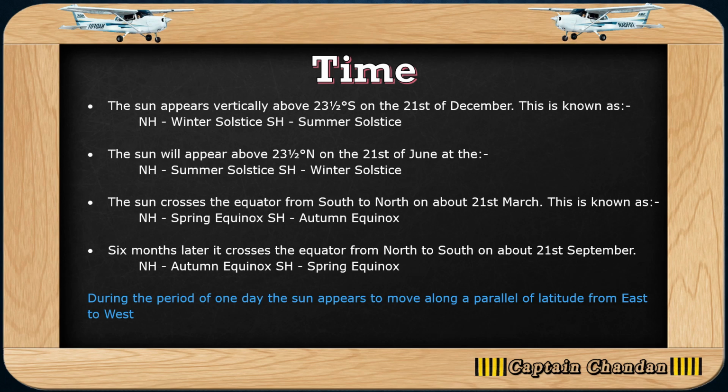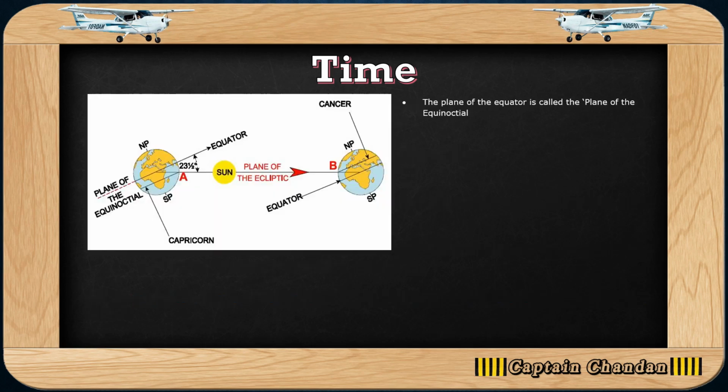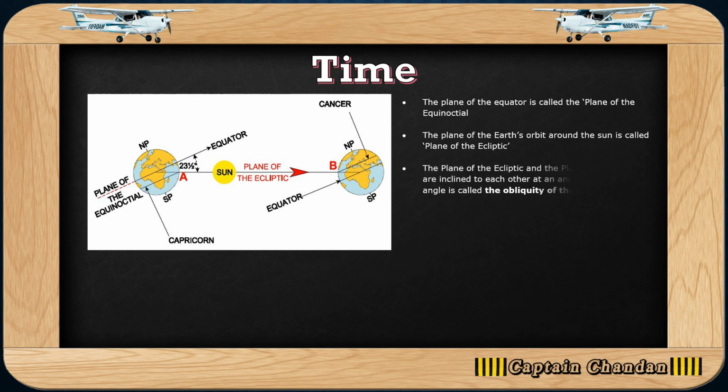During the period of one day, the sun appears to move along the parallel of latitude from east to west. These are very important terms. The plane of the equator is called the plane of equinoctial. The plane of the Earth's orbit around the sun is called the plane of ecliptic. The plane of ecliptic and the plane of equator are inclined to each other at an angle of 23.5 degrees. We already discussed that one. The angle is called